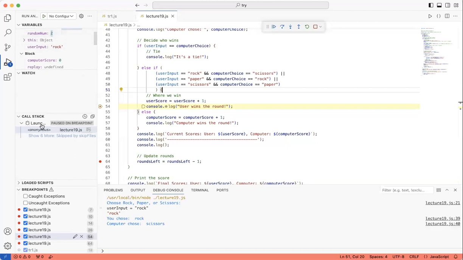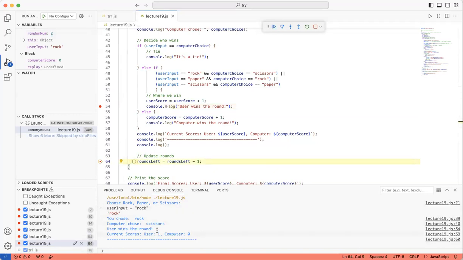Now, if we see over here in the debug console where we are actually running the program, it says that I chose rock, computer chose scissor. So it's not the same. What is it going to do? It's going to ask us to do this again. So let's continue.